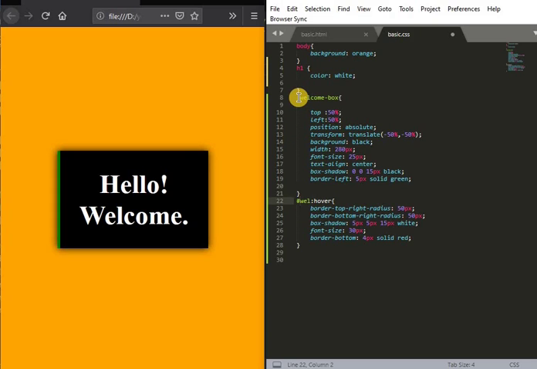A dot or a period is used to specify a class, and this hash symbol is used to indicate an id.